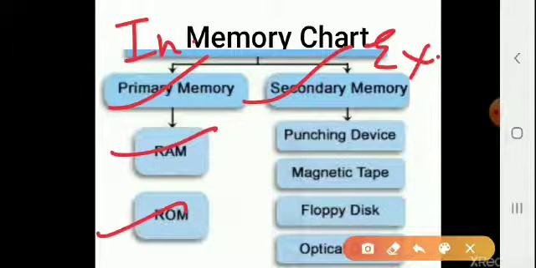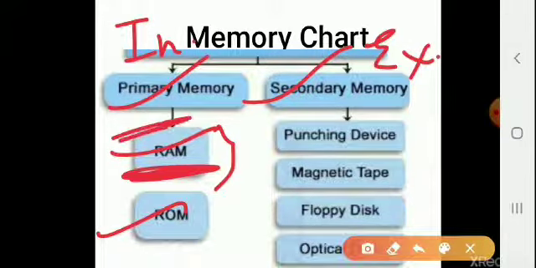So what is RAM? It is random access memory. The information exists only while the computer is on. As soon as we turn off the computer, the data gets erased. It means it is temporary. What is stored on this memory is erased when the computer is switched off. A calculator is an example of RAM.